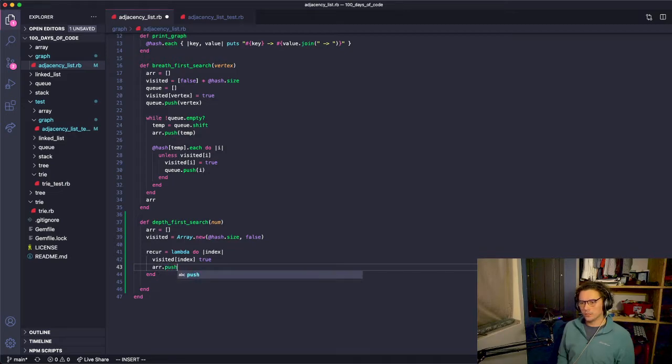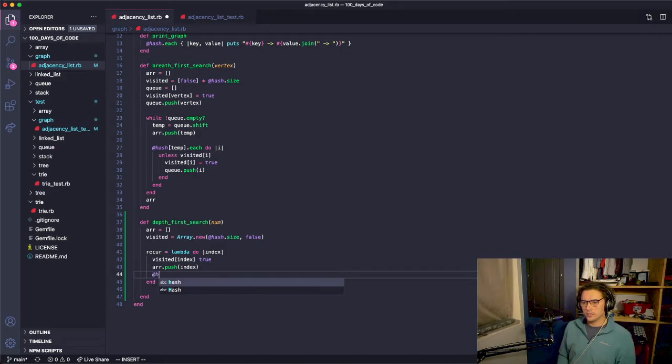And then array.push index. Oh, no. Hash index dot each to